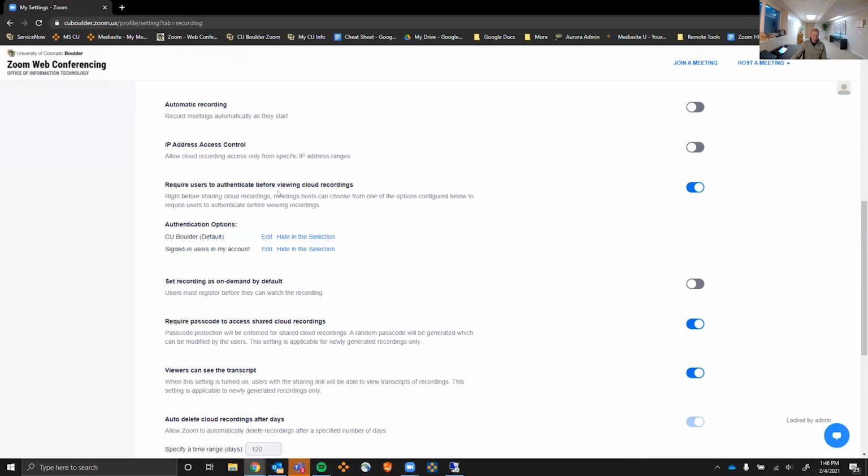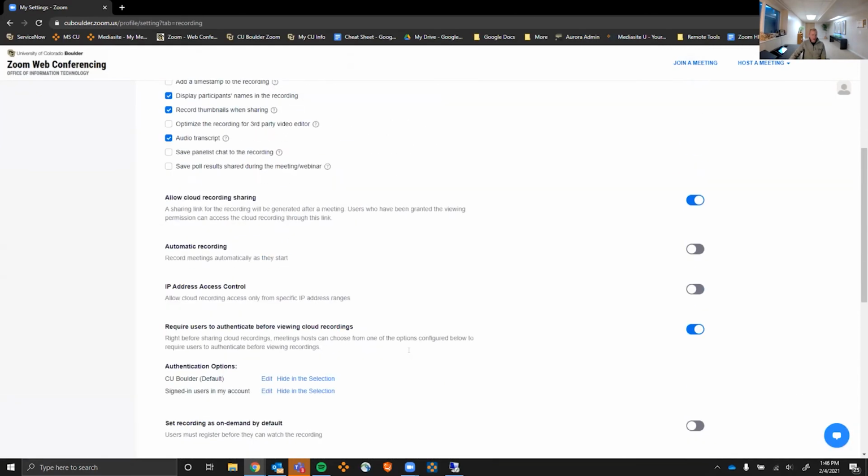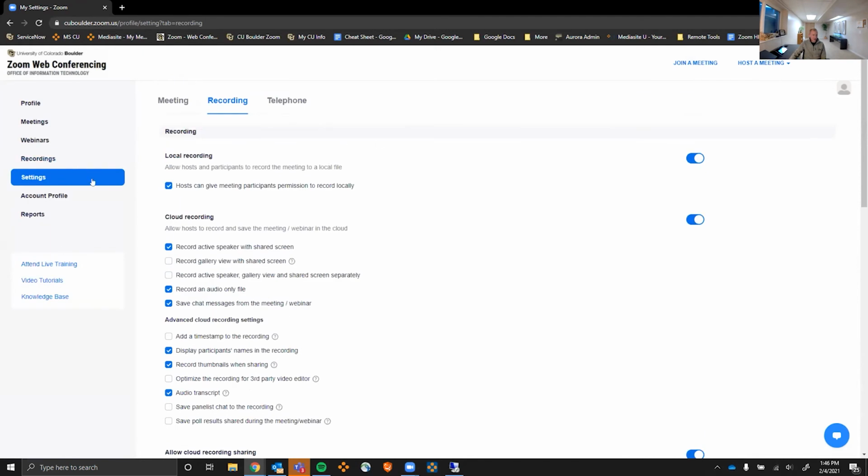There's all kinds of FERPA policies and things like that. So those are the default settings, but take a peek around here and you can see that. And then we will also move over now to cloud recording management and what our new retention policy is. I'll show you quickly how to run a quick report, but on the left-hand navigation pane, you'll just go